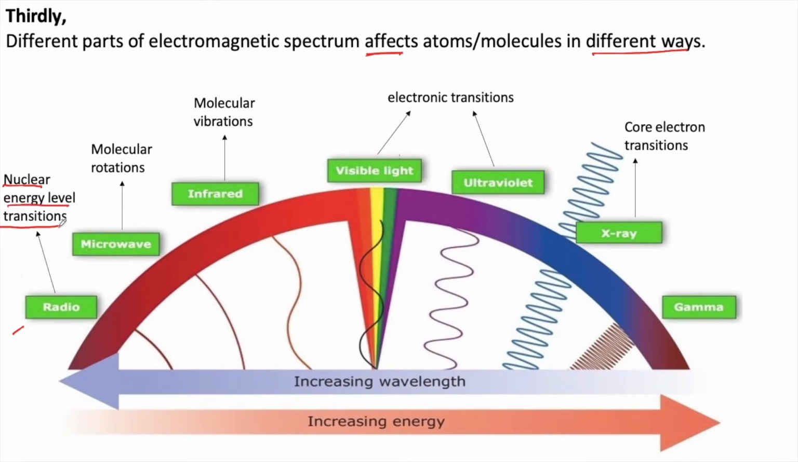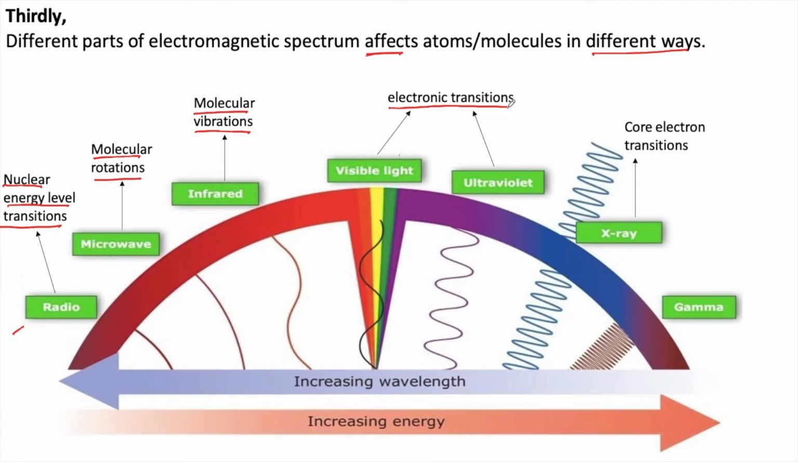When microwave radiations are made to interact with the sample, they will cause molecular rotations. When infrared radiations are made to interact with the sample, they will cause molecular vibrations. Visible light and ultraviolet radiations will cause electronic transitions, or rather I can say here that they can cause the